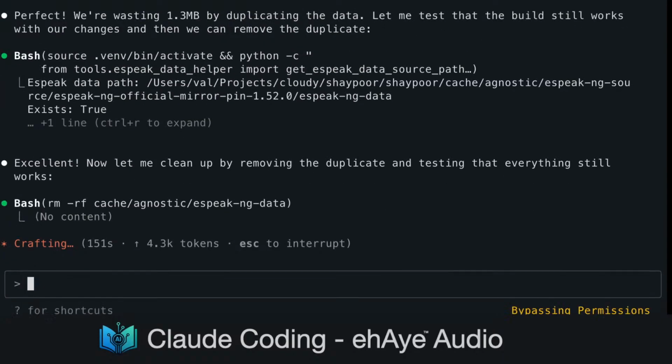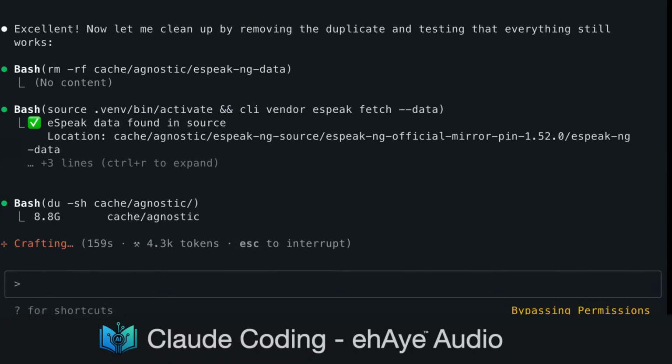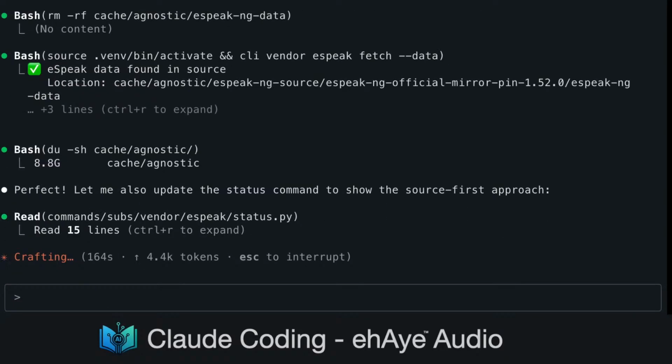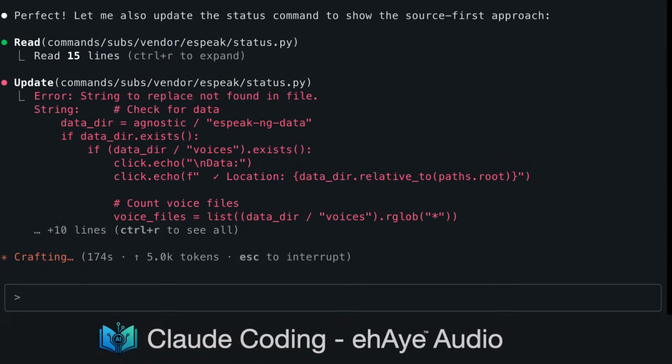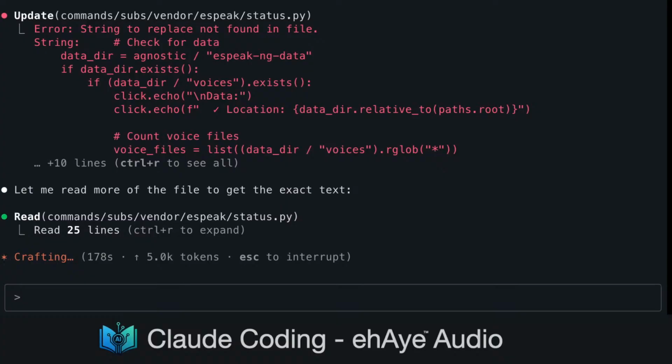Excellent. Now let me clean up by removing the duplicate and testing that everything still works. Test that fetch still works after removing duplicate. Check total cache size after removing duplicate. Let me read more of the file to get the exact text.